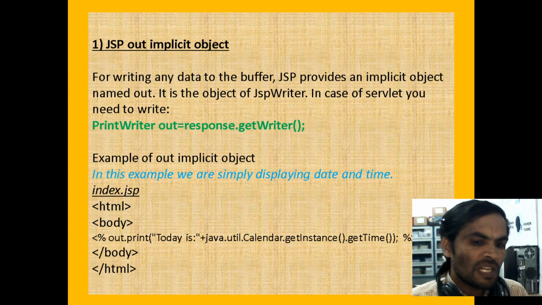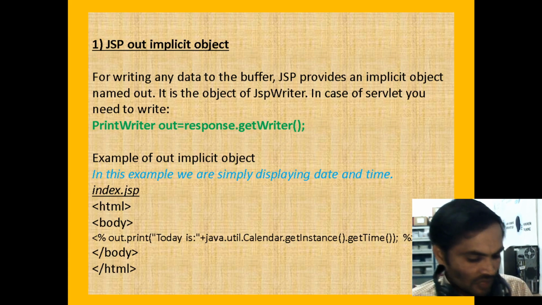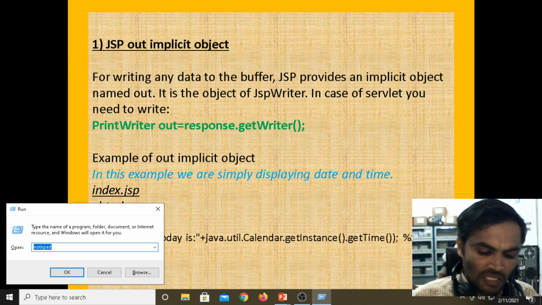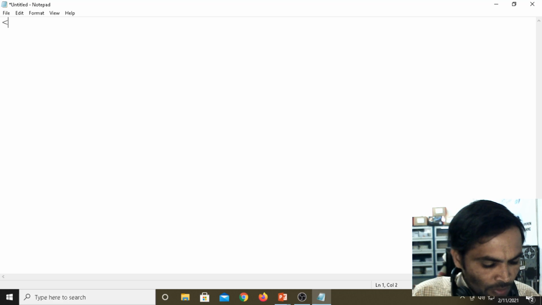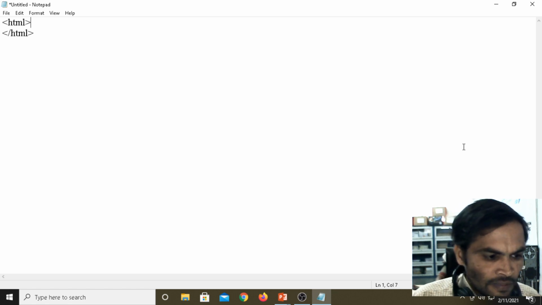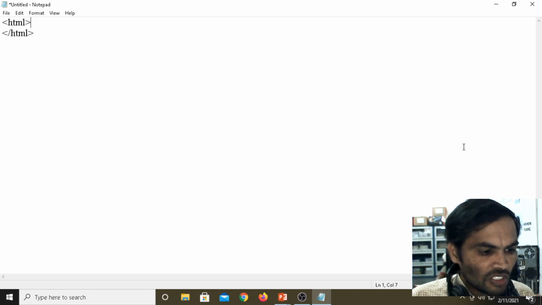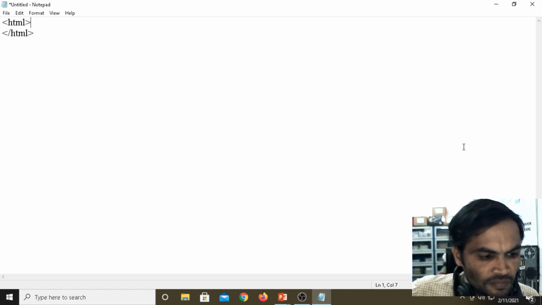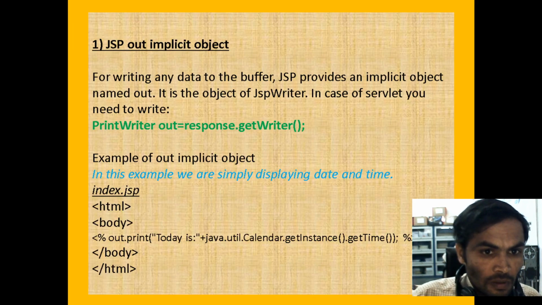Yesterday we saw a simple example using a JSP application, showing how to display the current date and time. Now we are writing the simple application. We are opening the notepad. Under the notepad, we write the simple application: HTML, closing HTML.